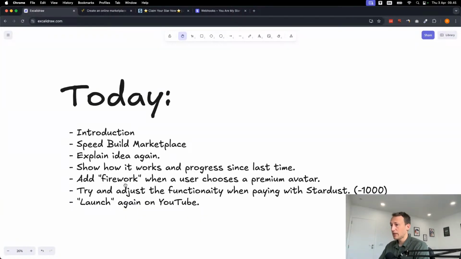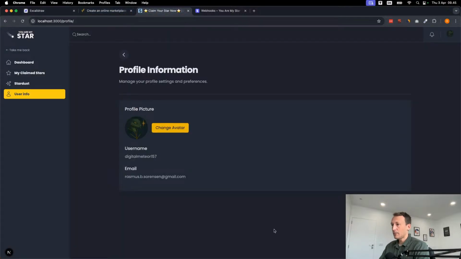So let's do a little bit of coding here, right? So add firework when a user chooses a premium avatar. And when I say firework, it's basically what I showed before. So if I go back here, when I say firework, it's kind of similar to what I was showing before when I was uploading